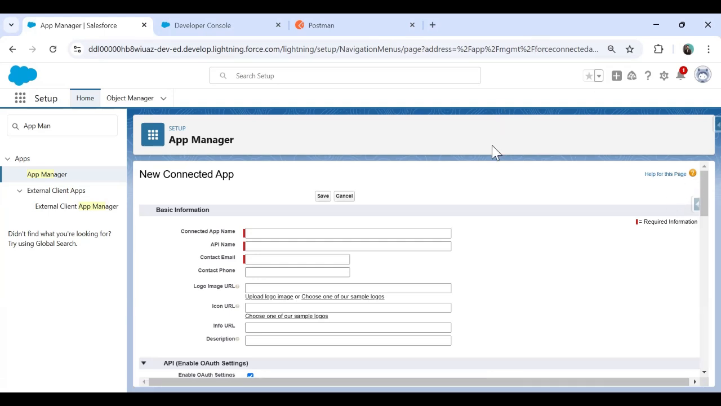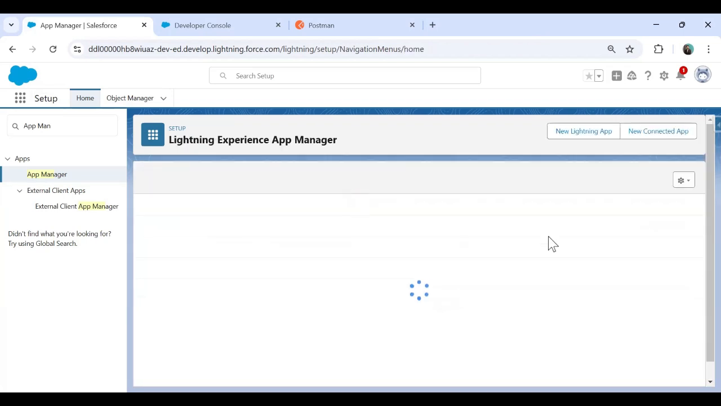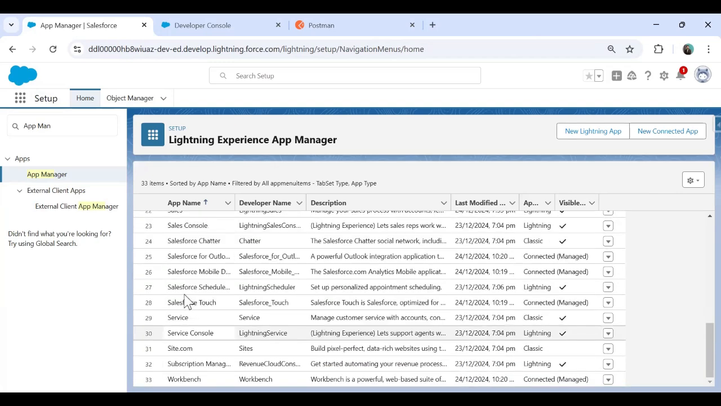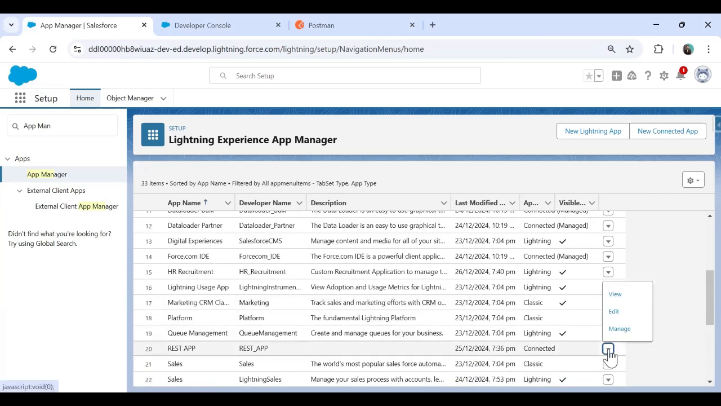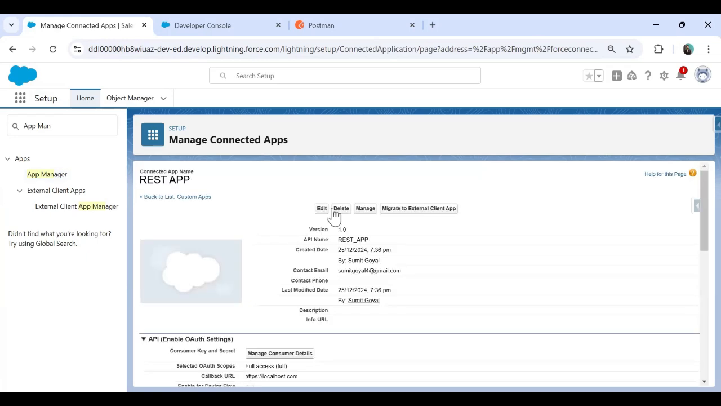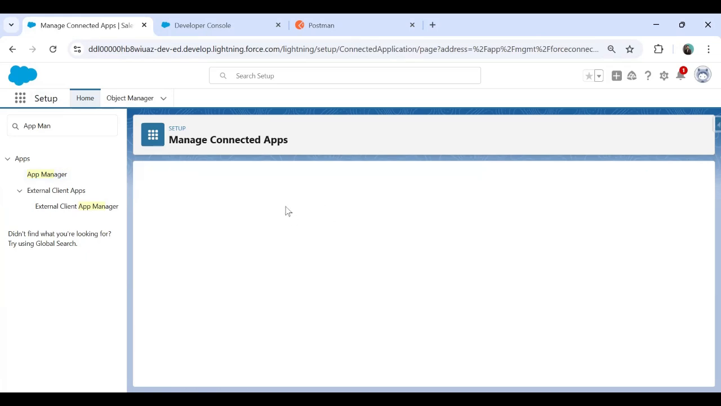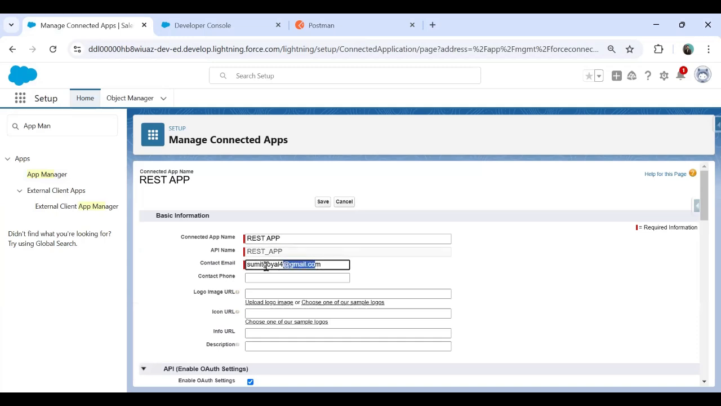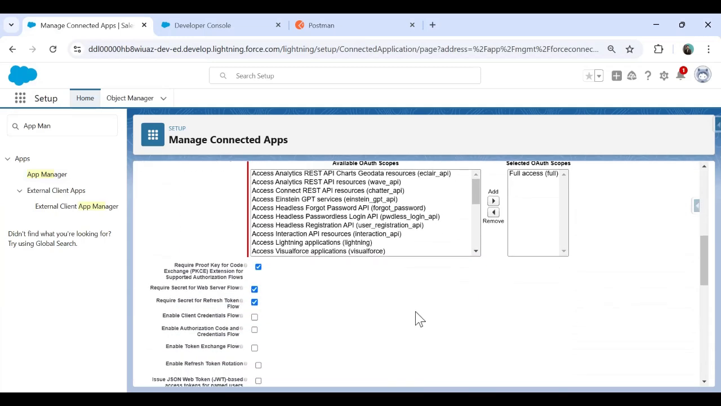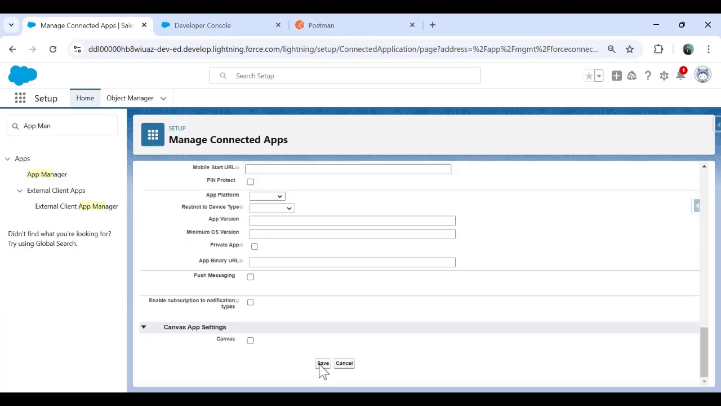This we have already tested. Let me show you quickly how we can do this. Let me open my REST application. This is my REST application, and let me view this application. That's my app. If I edit my app, you can see the app name, the contact email, the callback URL as localhost, and I give full access. And when I click save,